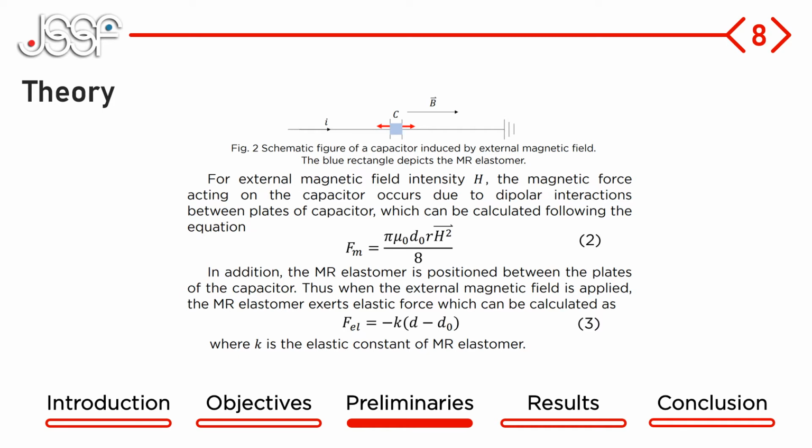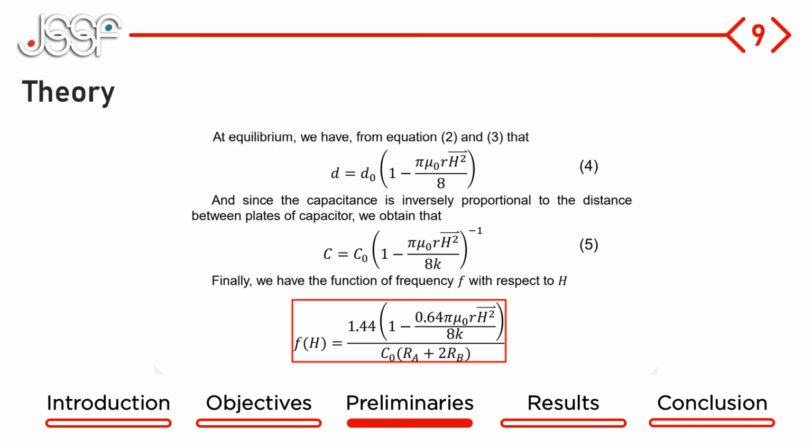We assume that the magnetic force is an elastic force acting on the magnetorheological elastomer. Therefore, we can write it in the form of Hooke's law in equation number 3. From there, we can transform the equation into the form that shows the final distance between plates in equation number 4 and the form that shows the final capacitance of the capacitor in equation number 5. Finally, we substitute the capacitance into the equation from the datasheet to get the final model in the red box,